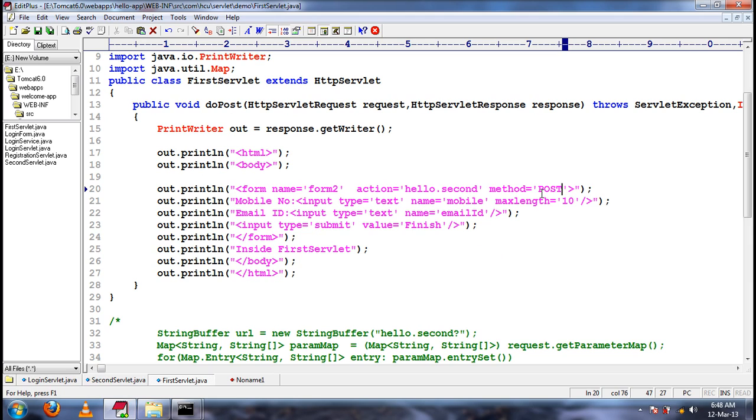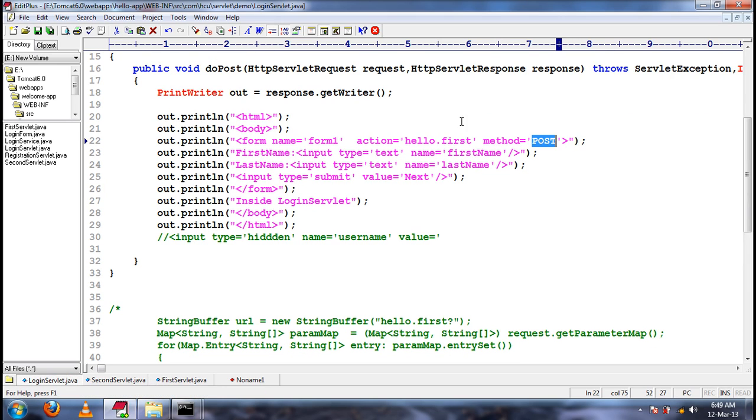So we are using post into post. Now this is my application. I am not using hidden form fields, and I am not using what we call URL rewriting. I am using cookies. Let me use cookies to manage this system.